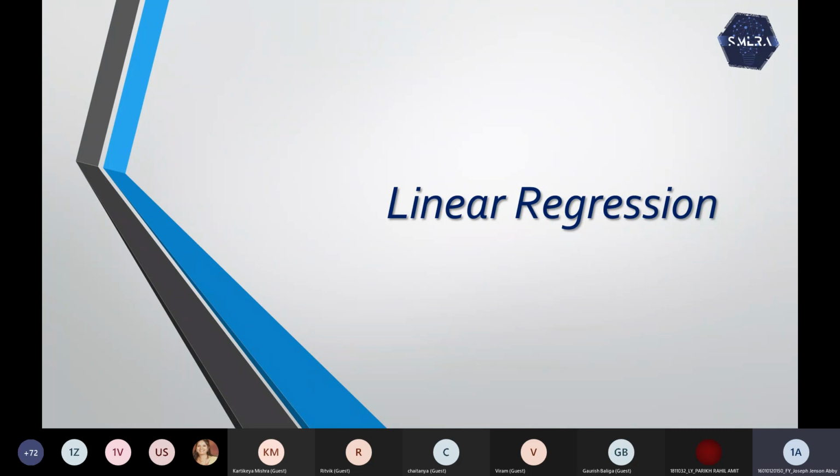Whereas in unsupervised, we don't know what the exact result is. The machine is just telling us how good or how bad the result is. We don't have a particular data set, or we don't have a definite measure of what the output is. So linear regression is a supervised algorithm.